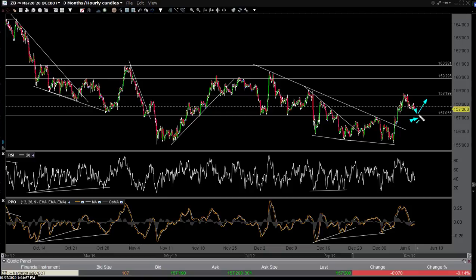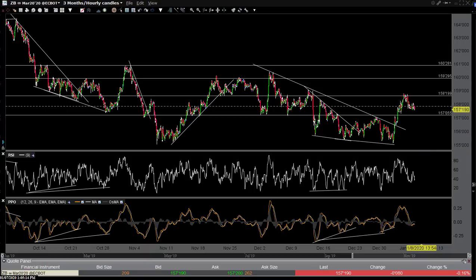And would I short it there? I don't think so, because you still have some pretty good support. If it broke that level, I mean, you still have these recent lows right here. That's really where I think it would open the door for a lot more downside if and when treasuries broke below that level. All right, so that's an update on the long bond.